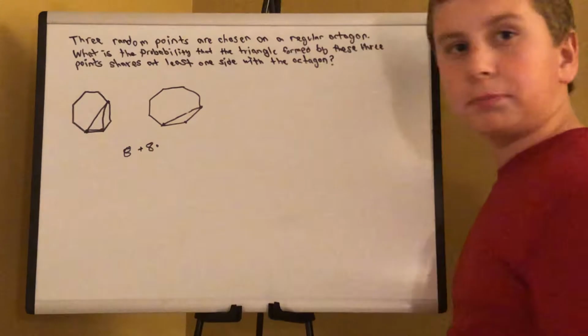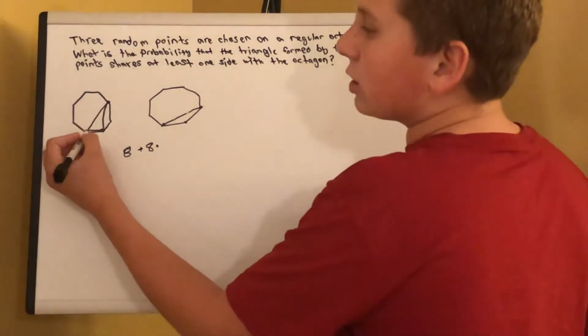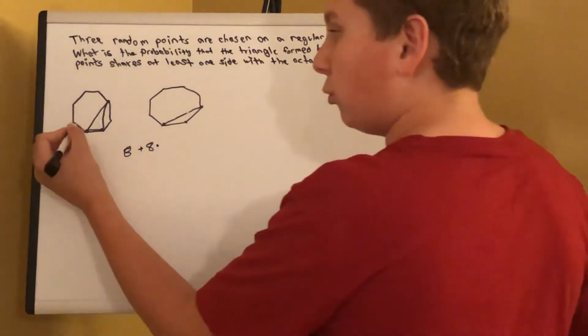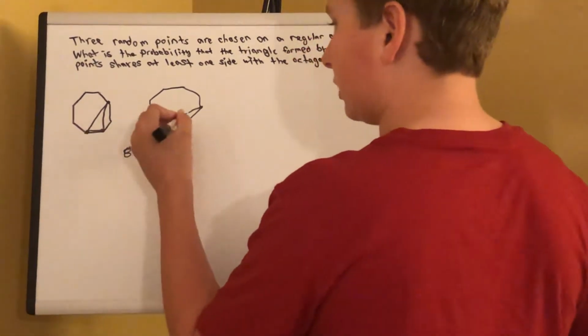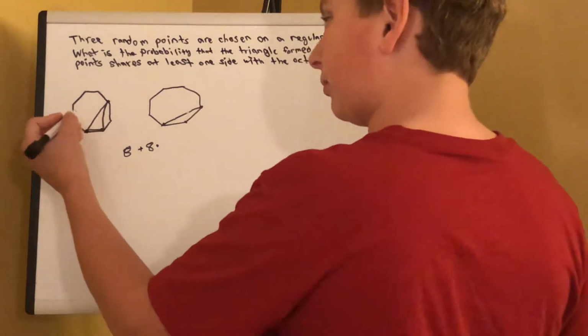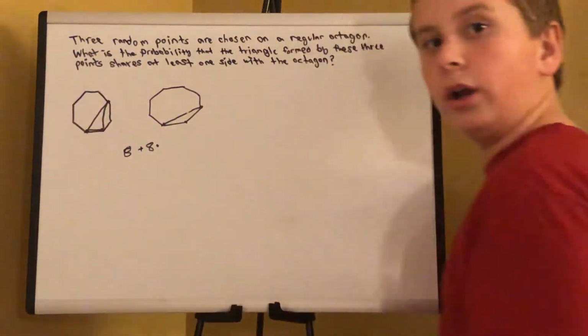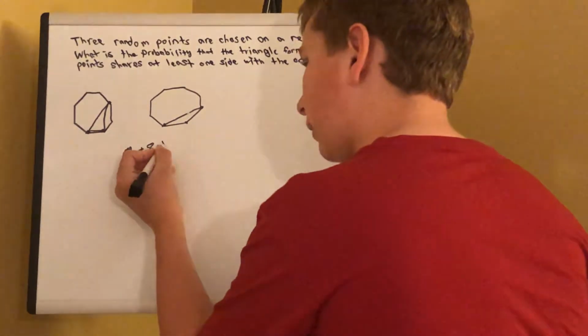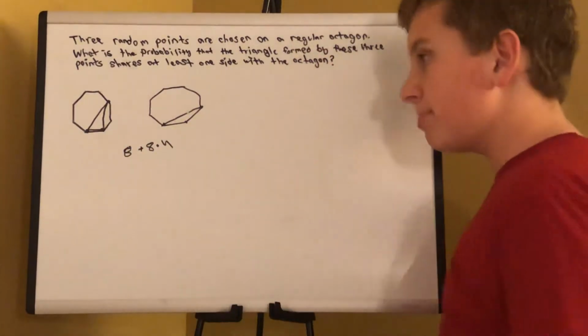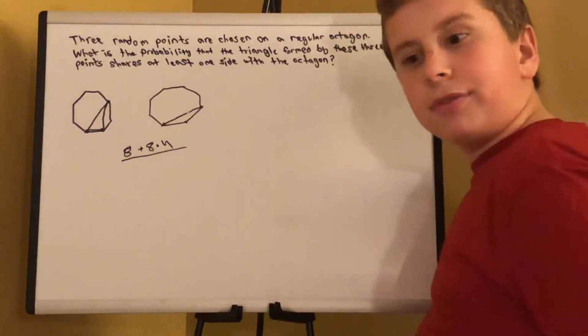But we're going to have to multiply it by the amount of different places this point could be, right? So of course it can't be there and there. It couldn't be there or there, because then you would just get this. But it could be here, here, here, or here. So that's 4. So that's 8 times 4. Okay? Next, we have this